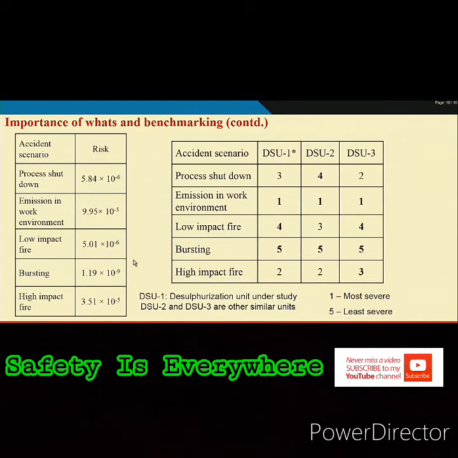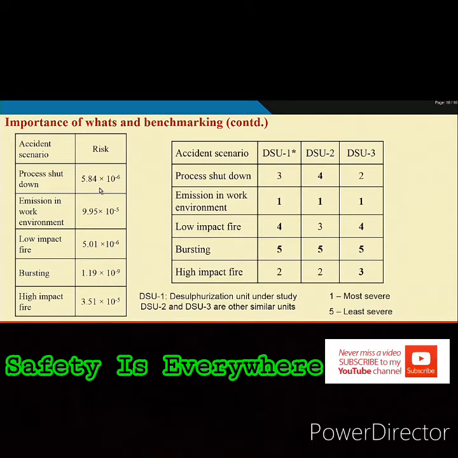We have seen that from the inventory you have computed the risk. Risk is the probability of that scenario times loss. I have given you the loss calculation part, consequence modeling. So, what are the different kinds of losses that you need to calculate? You calculate them, in monetary terms if possible or in some index value you create, and then you multiply it with the probability of that scenario occurring, and you will get the risk. So, we have seen the risk value here.